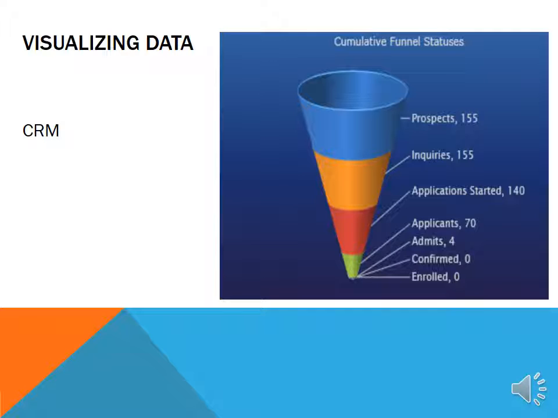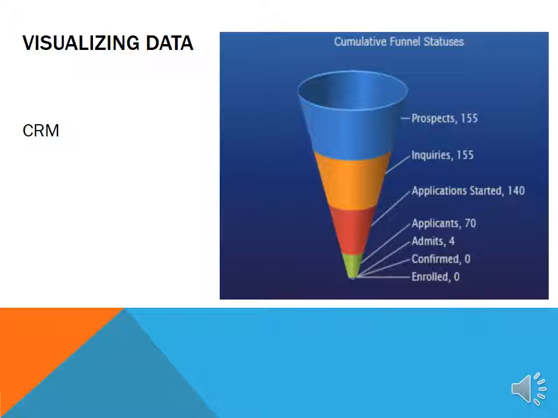An example of visualizing data: your text does a good job of describing the importance of being able to visualize data. But in a graph like this, you can see this is our admissions funnel, and we have to work with a lot of students to bring students actually to Youngstown State, then get them to make a decision, get the department to decide to accept them into the program, get them actually admitted, and then eventually to actually get them enrolled in classes. And it's commonly thought of as a funnel, and this system tracks an awful lot of information. So we can track everything from when a person first hears about Youngstown State University, or they make an inquiry about a program, or say, hey, I'd like to know more about YSU,